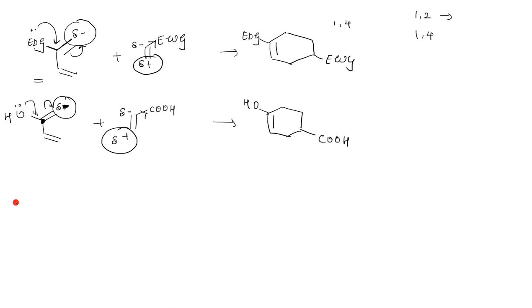And one more aspect I can tell you about this, if MSc students are studying this. The Diels-Alder reaction always favors the cis-diene rather than the trans-diene. The diene should always be cis, because then this type of conjugation can take place, electron transfer can take place, and ring formation becomes easy. So the cis-diene always favors the Diels-Alder reaction more than the trans. There are other aspects also, like stereochemistry, but I'm not going into that. This is just the basics that I am telling you for the Diels-Alder reaction as per the TYBSc syllabus.